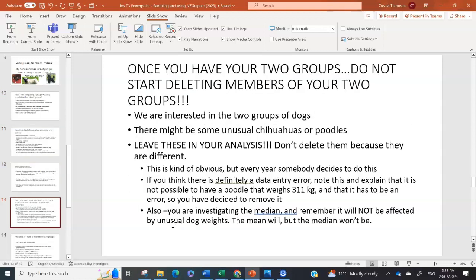once you've got those two groups, then please do not go and start just deleting ones that look weird, right? So you might have some poodles or pugs or whatever you're doing in your sample. They are interesting. They are not things to be got rid of, right? But every year someone tries to do that. The only exception to that is if you think